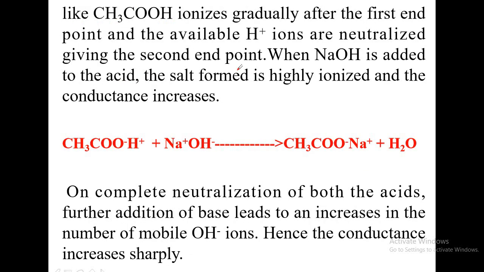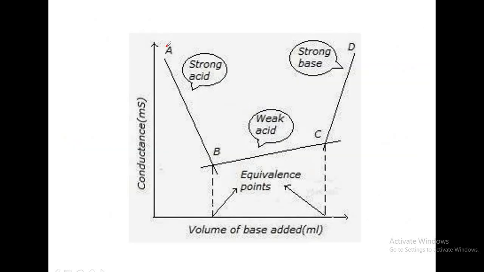Now acid is not there in the beaker. If you add sodium hydroxide, the concentration of OH minus ions goes on increasing in the solution, and you know that when the number of OH minus ions increases, moreover these OH minus ions are highly mobile, and these two factors contribute to high conductance. Therefore, towards the end there is a steep increase in the conductance, and it is attributed to the large concentration of OH minus ions.